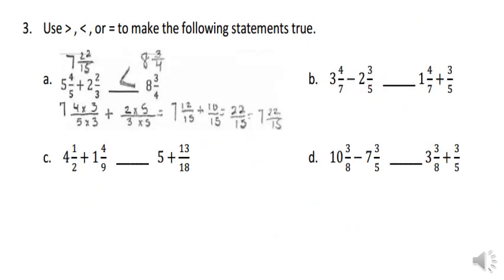Number 3, use greater than, less than, or equal to make the following statements true. Now here they're saying this is true. I mean, not true. They're saying that it's less than. Now, to me,